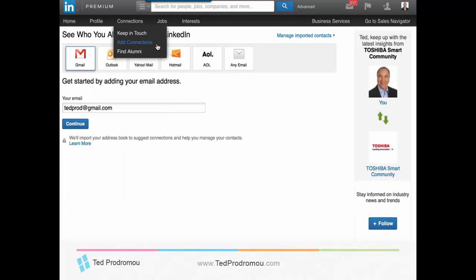Now here's how you add connections. You import your contacts, and I'll show this in a whole video, but this is where you can, if you have Gmail or Outlook contacts or Yahoo, wherever your contacts are, and if you have a premium account, you can actually tie in your Salesforce database to this too. So any activity you have on Salesforce or on LinkedIn is captured and merged into the data. So you know when you're corresponding with these people.